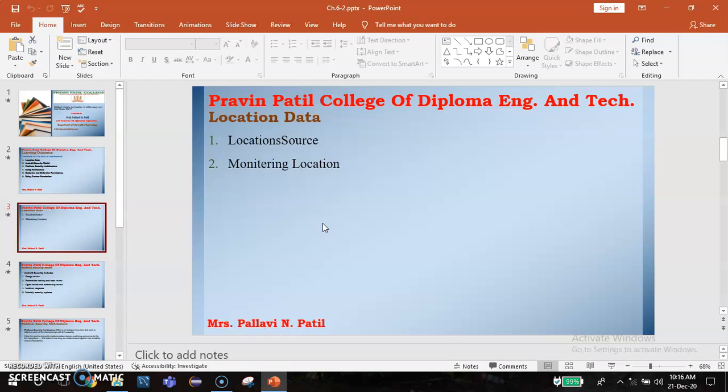The location source is a public interface. Typically, a Google Map object defines an interface by providing the location data, that is a location source.